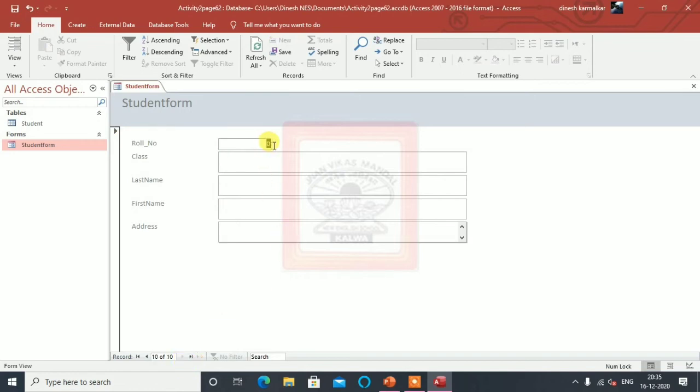The 10th record. See, this is from 9th. So this is where we have made a 10th record.